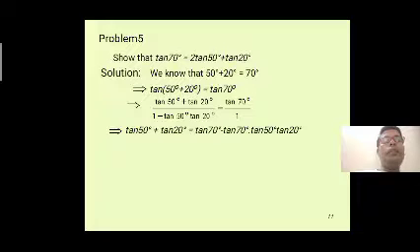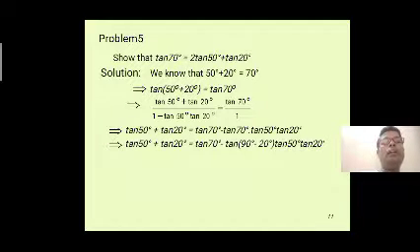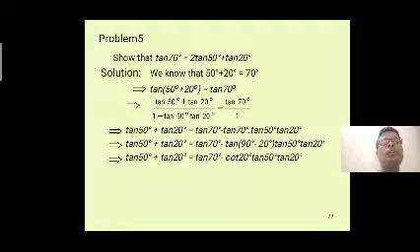Tan 50 plus tan 20 is equal, we do the cross multiplication, we get tan 70 minus tan 70 into tan 50 into tan 20. Now we write tan 50 plus tan 20 is equal to tan 70 minus, now in the place of tan 70 we write tan of 90 minus 20, also possible. So we write here tan 50 into tan 20, same as it is. This implies tan 50 degrees plus tan 20 is equal to tan 70 minus, we know tan of 90 minus 20 gives cot of 20 degrees, into tan 50 degrees and tan 20 same as it is.